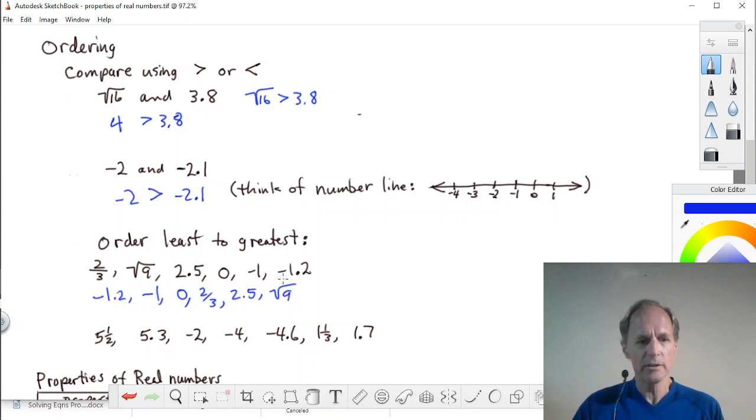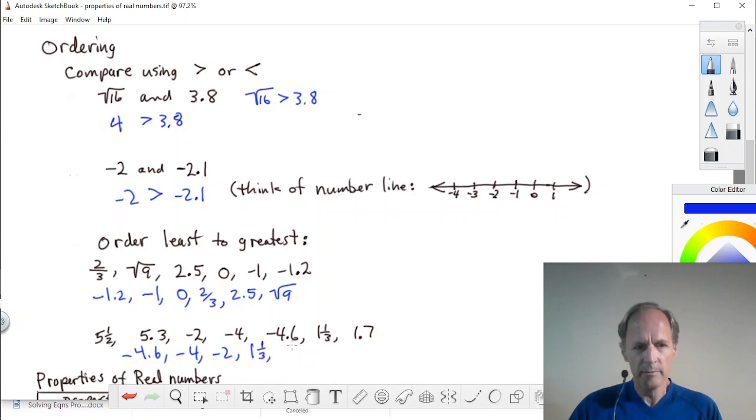So those are ordered. Let's look at this next example again from least to greatest. The one that's the most negative, the farthest to the left, will be the least, and that is negative 4.6. Next is negative 4. Next, there's only one more negative, that's negative 2. 0's not here, so now we're going to be into the positive numbers, and we want the smallest positive number. Which of these numbers? That's 1 1/3. That's only about 1.3 something, right? Smaller than 1.7. 1 1/3 is next.